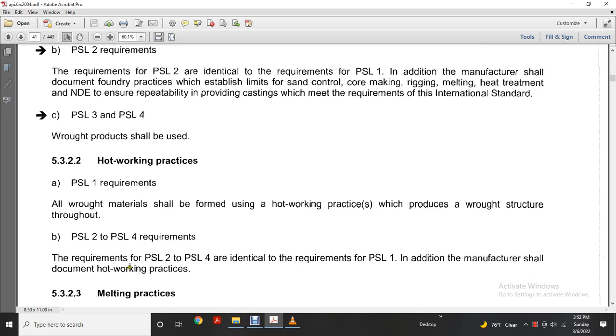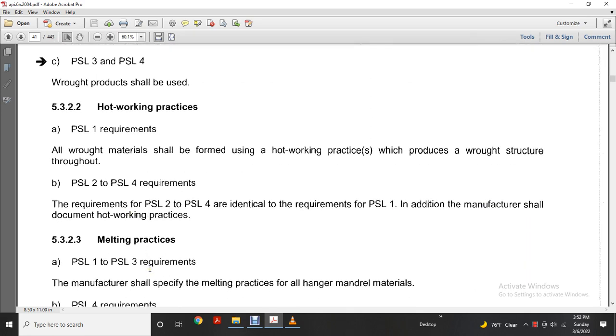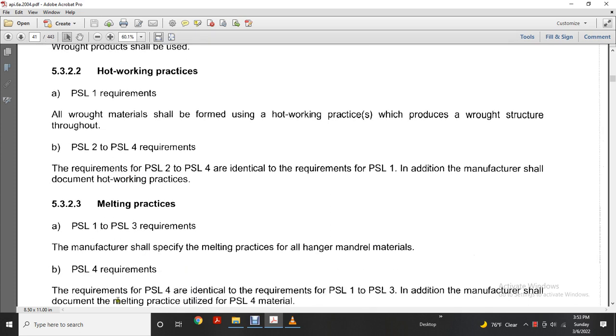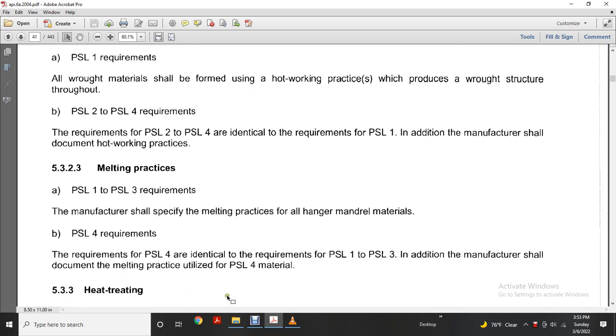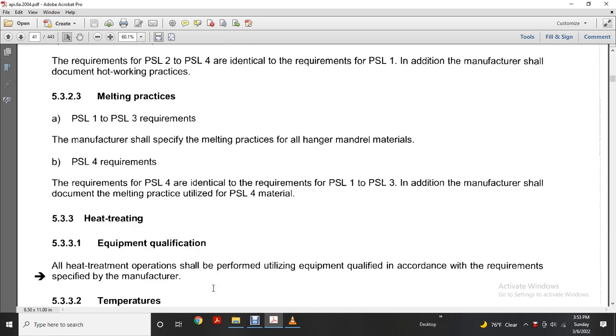In addition, the manufacturer will document hot working practices and melting practices. Product specification level 1 to 3 requirements: the manufacturer shall specify the melting practices for all hanger and mandrel materials. Product specification level 4: requirements of product specification level 4 are identical to product specification level 1, 2, 3, with the addition that the manufacturer shall document melting practices utilized in product specification level 4. Heat treating equipment qualification: